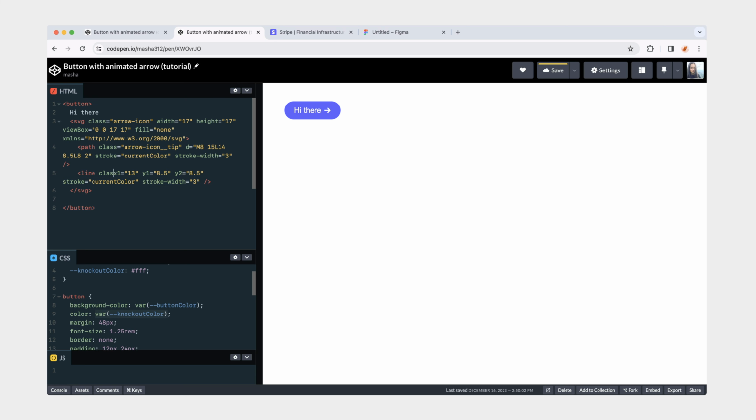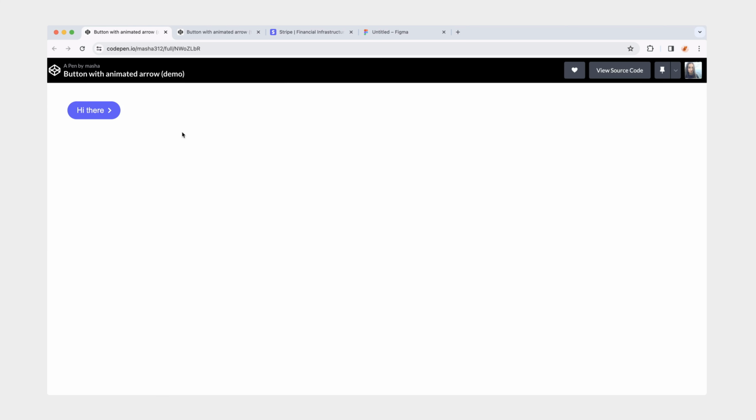And then our second one is going to be the line part. So there are going to be 2 parts to our animation. The first part is that the tip of the arrow is going to shift slightly to the right when we hover over the button. And the second part is that initially our line is not visible, but when we hover over it, it becomes visible.